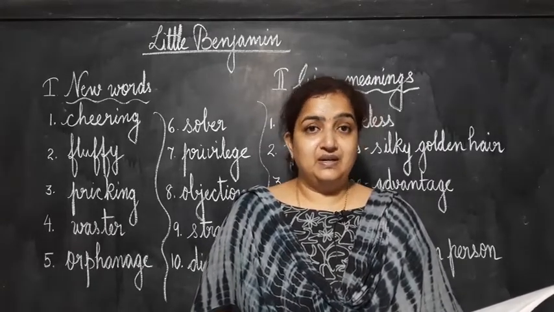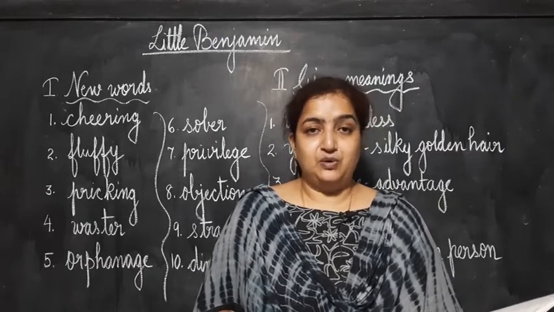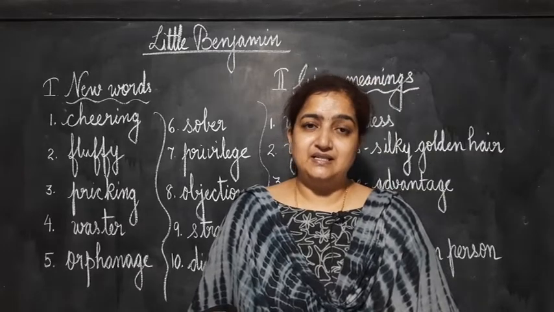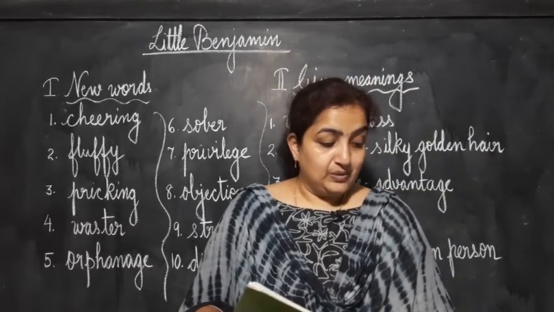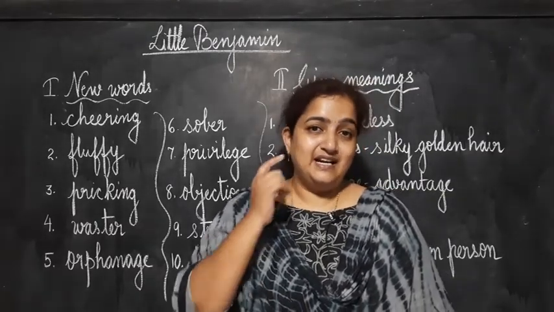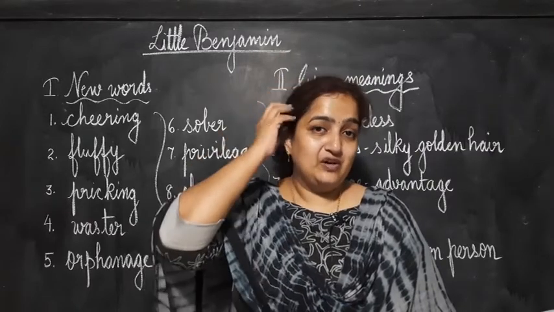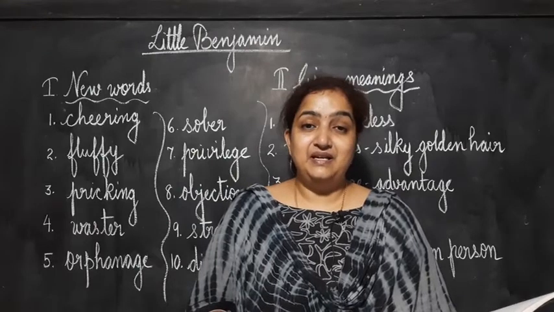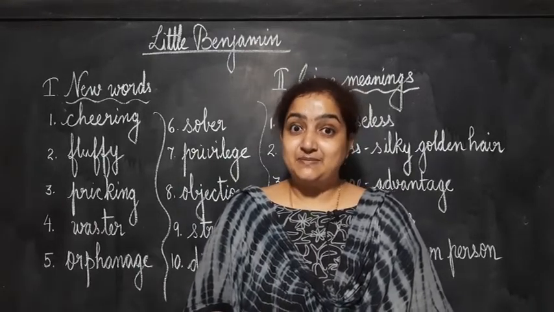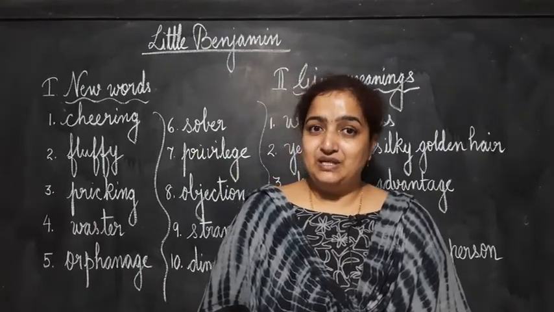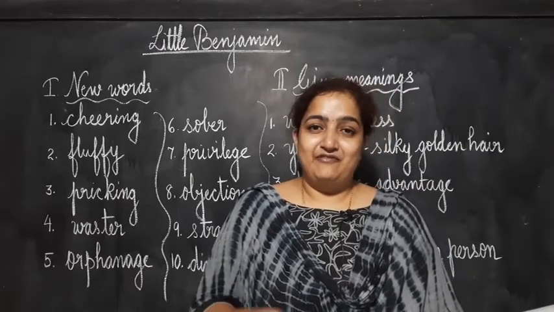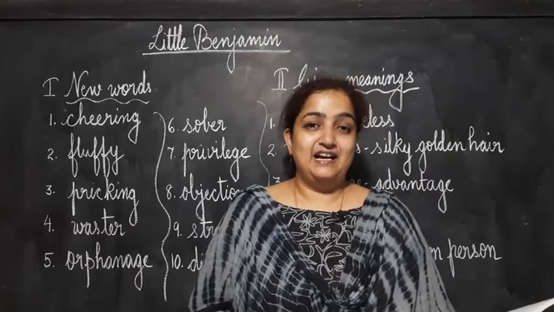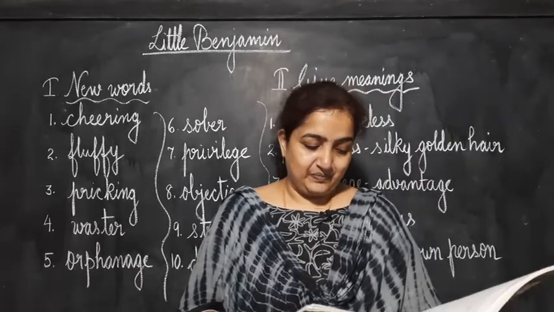What did the baby look like? Describe him in your own words. The baby looked very cute. It looked all rosy, dimpled. He had a dimple and yellow golden curly hair and a beaming smile. And he was smiling. He looked very cute. He was all pink with a dimple and he was smiling and he had golden curly hair.